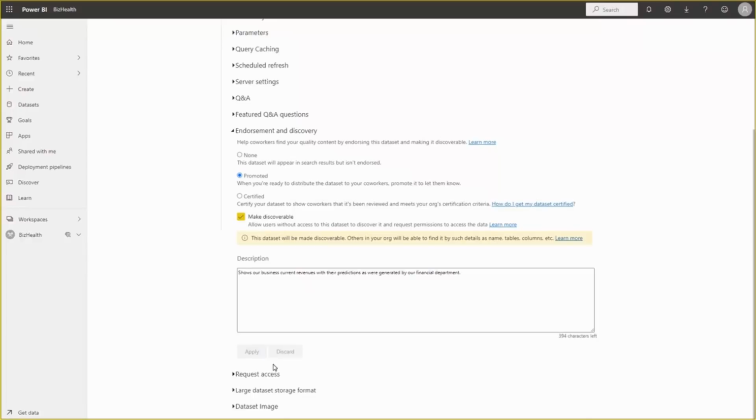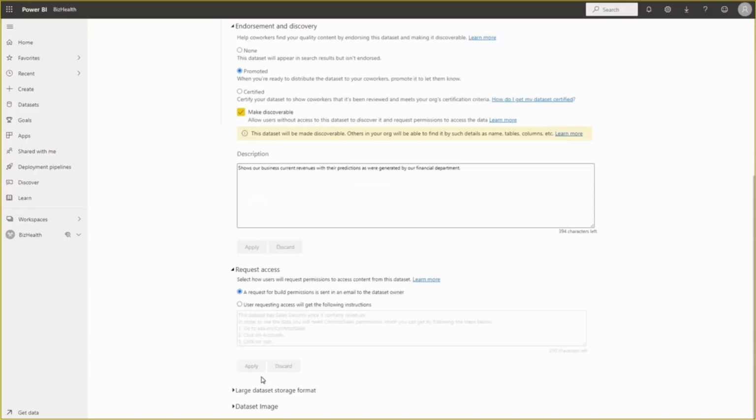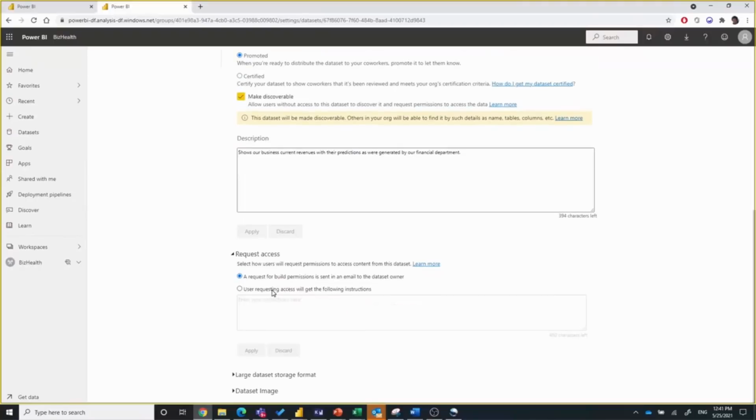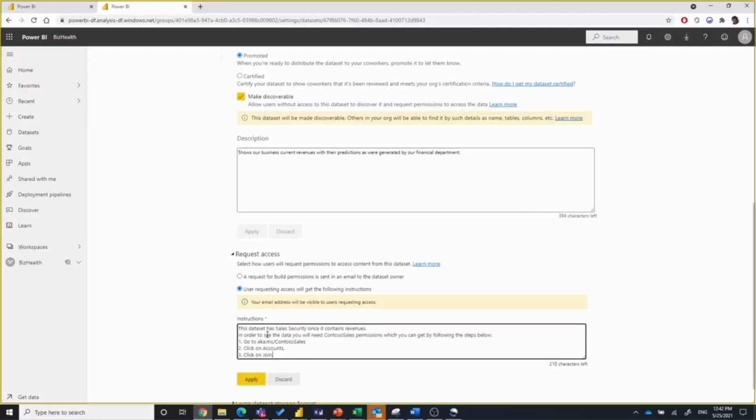Once a dataset is made discoverable, it means that anyone in the organization can find the dataset in the Datasets Hub and then request access to it. To complete the picture, we've added request access configuration. The default will be to send a request access over email to the dataset owner. There are cases where you want to avoid requesting access over email, but you want to define the flow for how end users can request access through internal services or apps. For this case, we've defined custom instructions that users can provide to let the end user know how to do the request access flow.